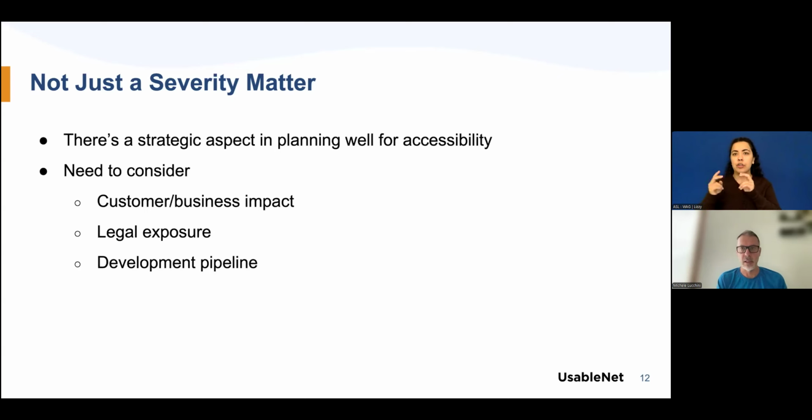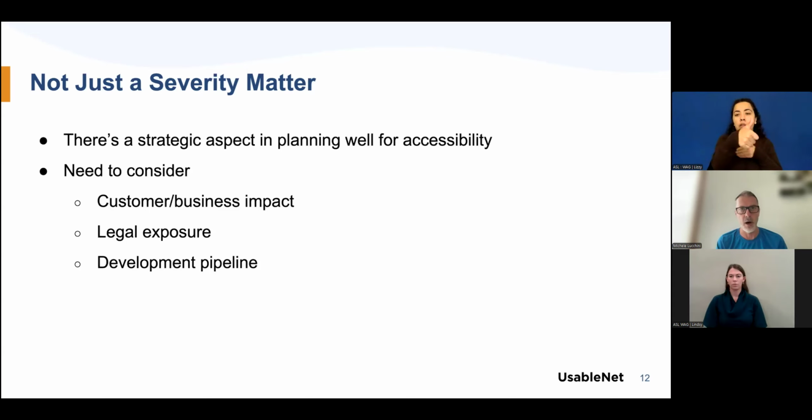So the worse the issue is, the quicker it should be resolved. That is just one of the aspects that we need to consider in accessibility, in particular because every issue might have impact on other areas of the, let's say, environment that regulates and governs the life cycle of a website.